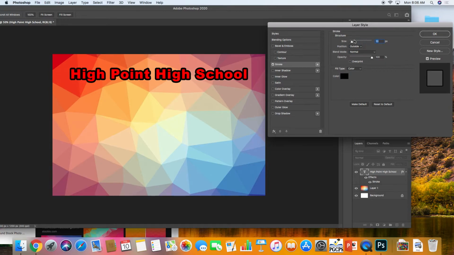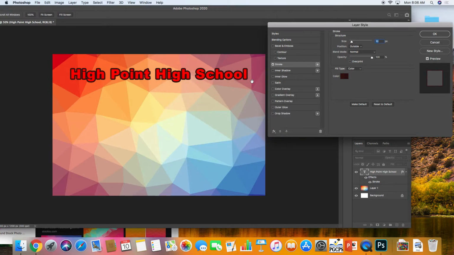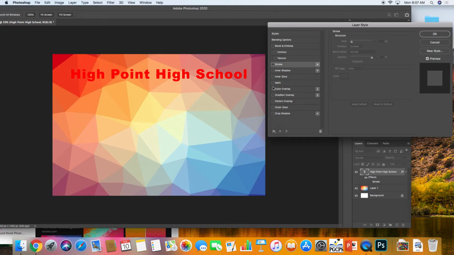I'm actually going to do this outside. So these areas where it's a little bit more red, it's a little bit more legible since we're popping out with the black edge. And you don't have to use black. You can change the colors too. So if I want to change to a dark red, that's another option too. But you just click on these, or if you don't want to have a stroke, you can also do a